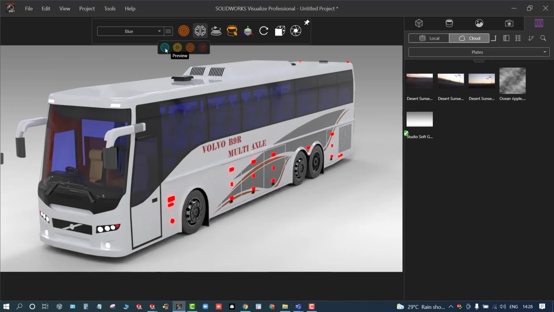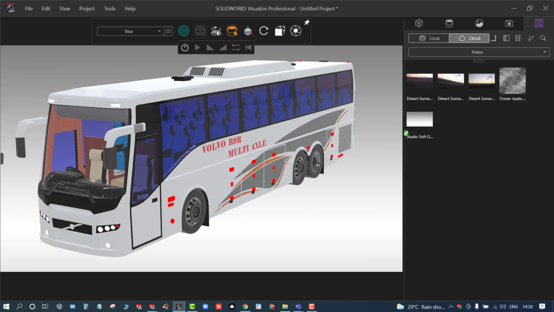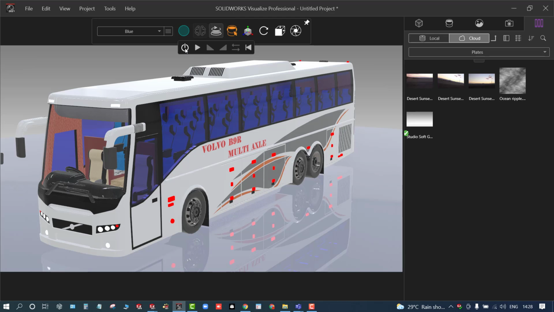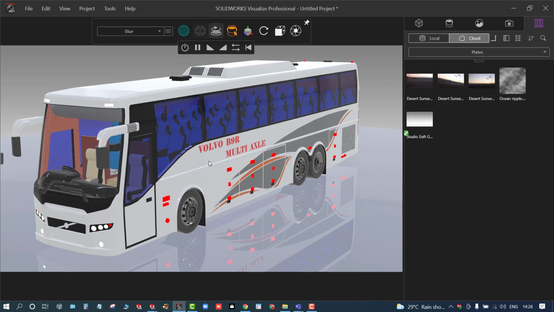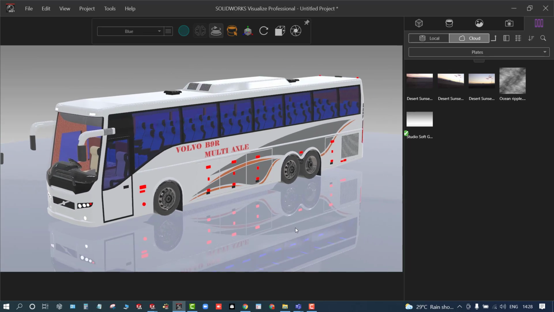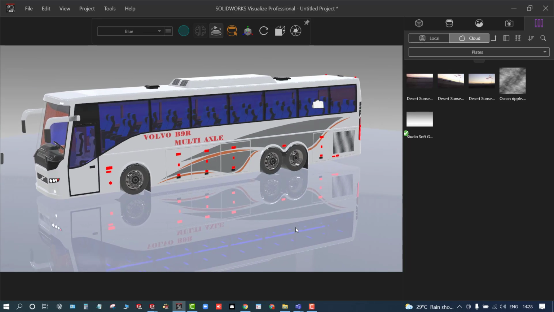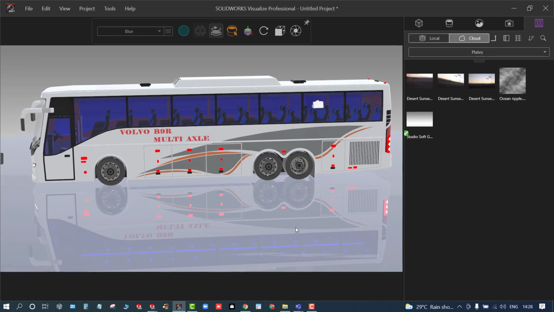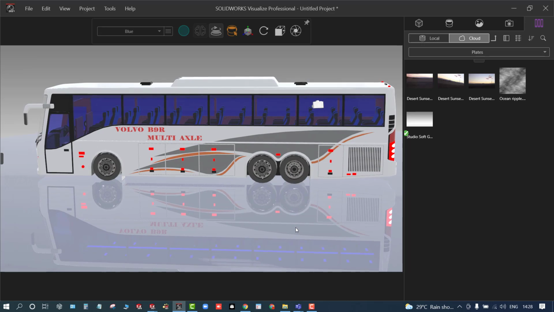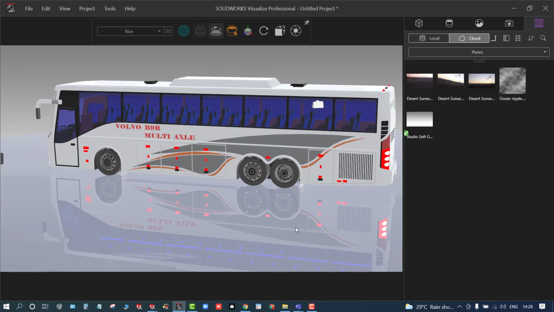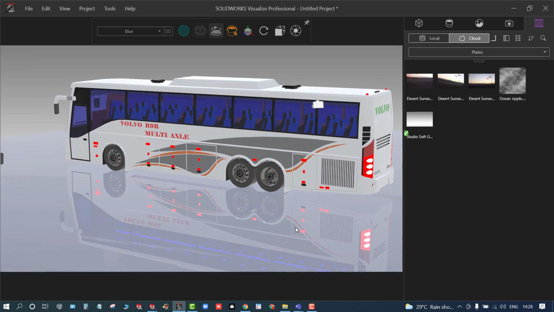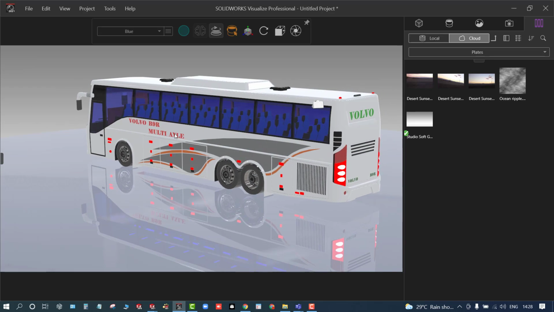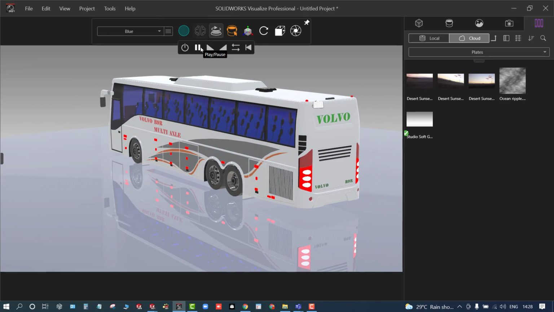And I'll just switch back to the preview mode, and this is one of the advanced tools, that is turntable. If you want to create a rotation animation for this, you can enable it and check. So you can keep this in mind. For example, if you want the turntable animation, you can have it. Overall, a 360-degree turntable will be available. If you want to capture this animation, you can also do it using this option. Okay,